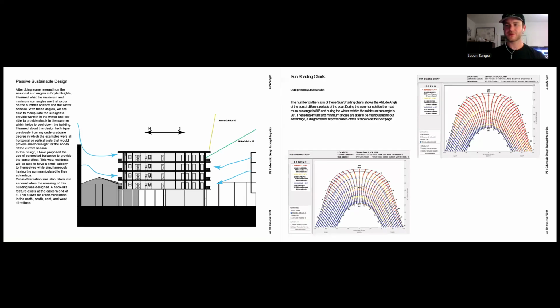So marked in blue arrows is the cross ventilation that's allowed to go through the building, which was considered pretty heavily throughout the design. And then we're also able to see a representation of how the different sun angles will affect this building. So a higher angle won't be able to penetrate through the windows in the summertime, helping keep